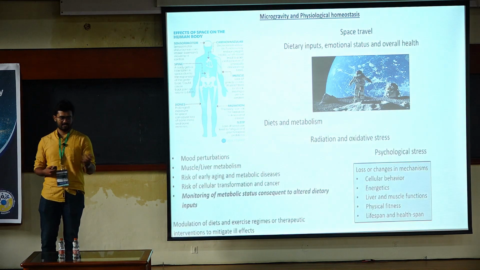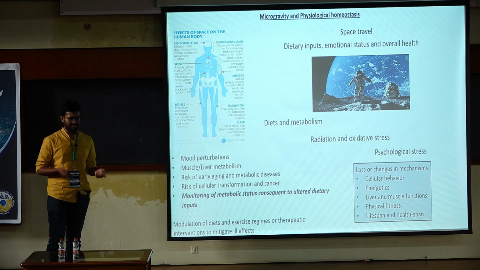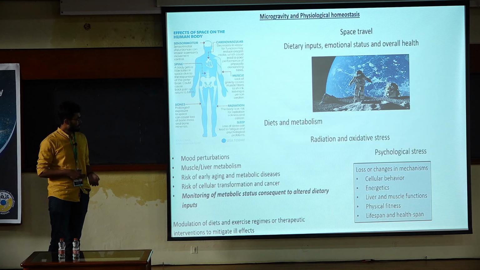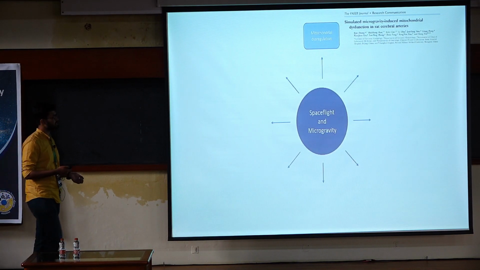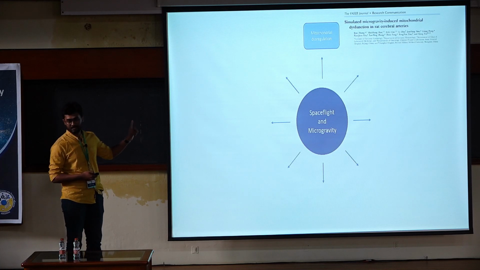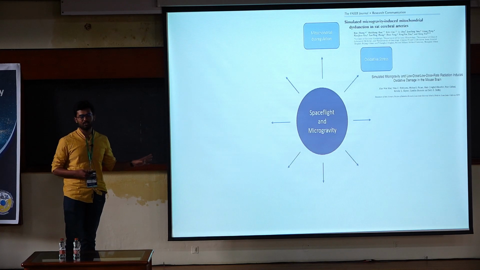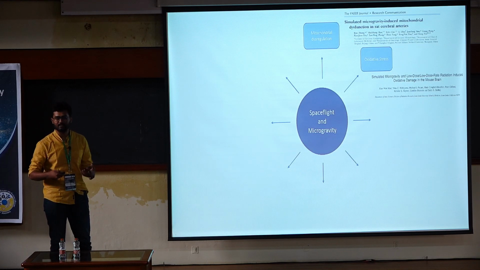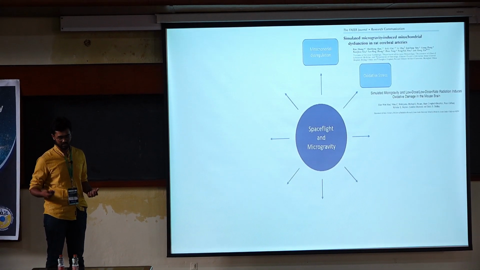Now, space travel, as we were discussing till now, is obviously quite stressful for the body. First of all, there is microgravity, radiation, and physiological issues because of isolation. Coming to the specific problems which astronauts face while in space, firstly is mitochondrial dysregulation, which I will definitely talk about in detail in the further slides, so I'll skip that for now. Second is oxidative stress. Due to radiation as well as excess metabolic flux, there is always ROS generation in astronauts when present in space, which can severely affect the whole body physiology.